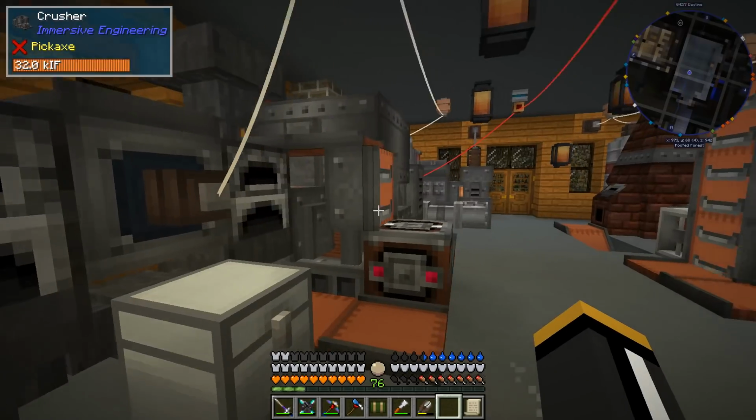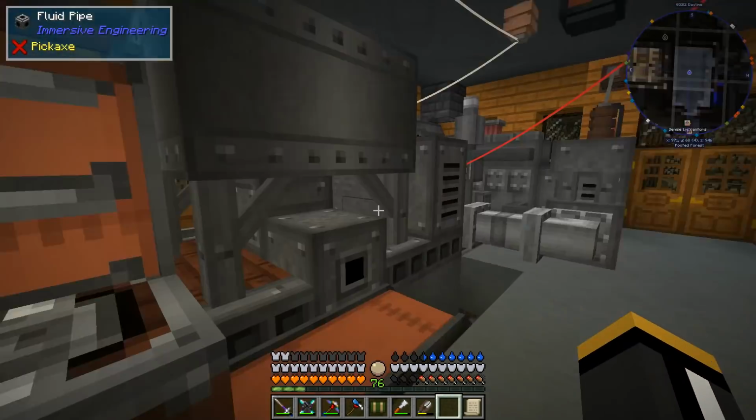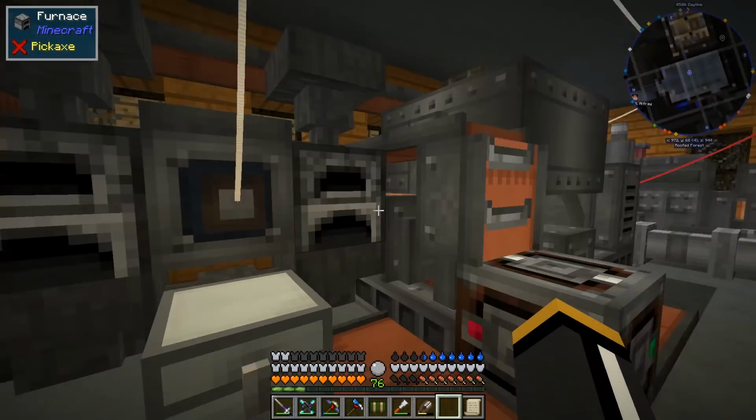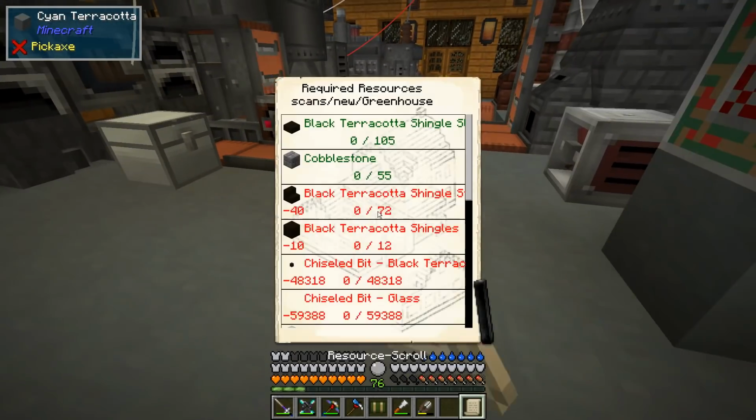Basically, I used all the slag I had to make sand. You can put slag in the crusher to get sand. And then I just had that going into these furnaces, which of course got us lots of glass. We're going to need so much glass. So we have